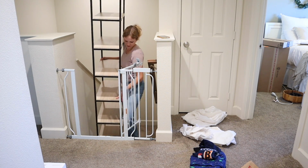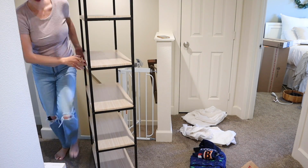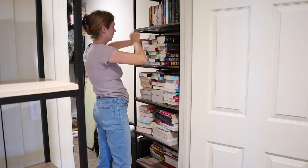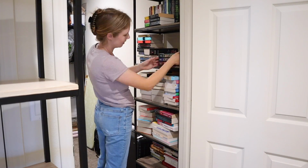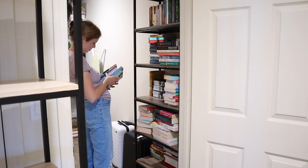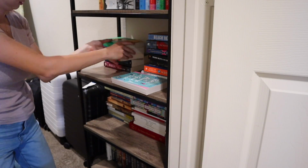This was the trickiest part of this whole project. These baby gates make it very hard to move furniture up and downstairs, and I also had to make sure to be as quiet as possible because Maddie was napping right next to the storage closet. That wall the bookshelf is pressed up against shares a wall with her bedroom. I was doing everything to respect the nap. I had a blanket at the bottom of the door so no light crept in. I was going all out, and every time a book hit the wall a little bit too hard, I flinched and paused and hoped not to hear her stir, and thankfully we got through this project without